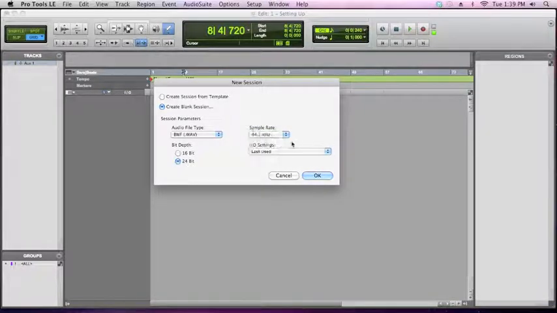24-bit. And then I/O settings, most of us, it's just going to be stereo mix, nothing fancy unless you're doing surround sound. Now, you don't have to always choose these every time you start a session. I just want you to understand part of the boot camp is getting the foundation, all right? You need to know this is what's going on in your session and what you're recording at, so that you